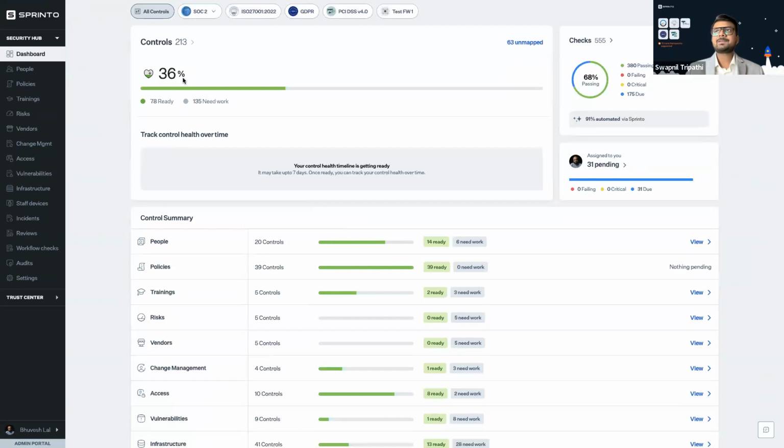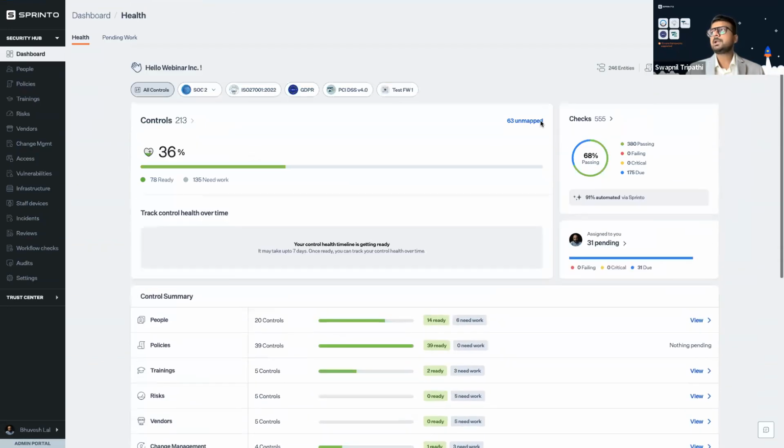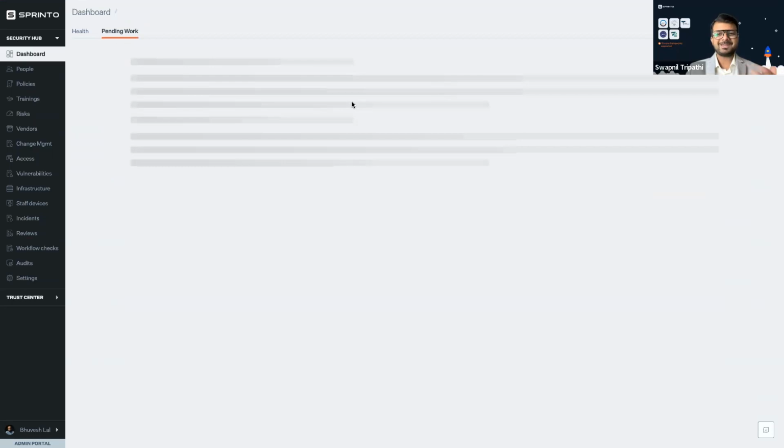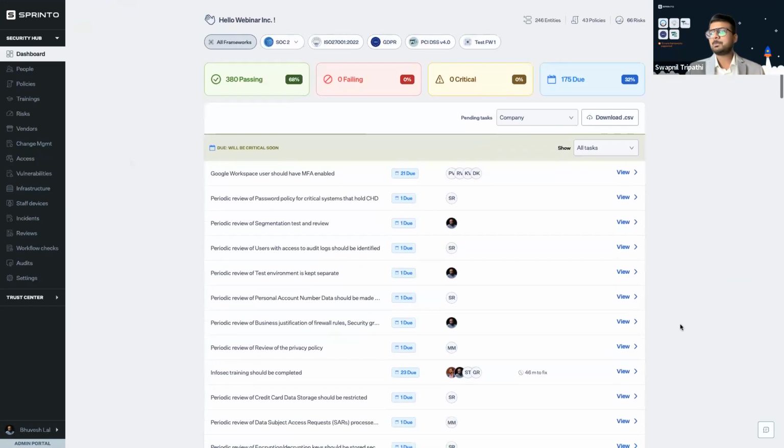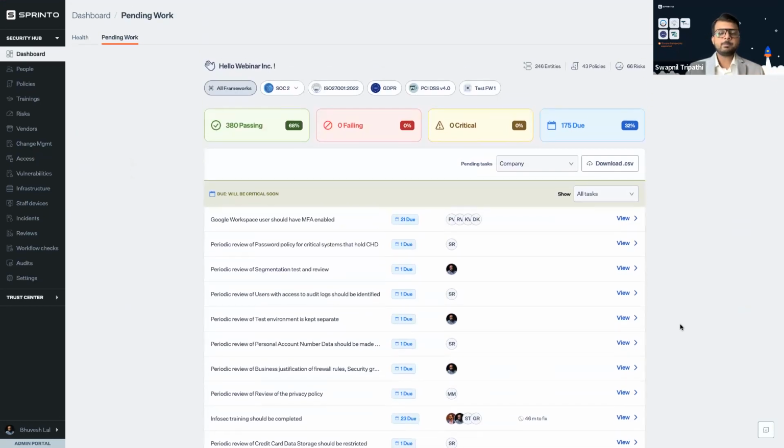This dashboard is going to show you exactly where you stand in terms of your controls, where you stand in terms of checks, what exactly is pending. I'm being very quick here because I'm just trying to answer a question. But yeah, we can discuss this in detail when you join me on a demo call. So that's your smart automation. Once you connect your AWS account with my module, or maybe any Azure or GCP, you don't have to worry about anything. Now we are going to check whether that particular AWS account is compliant or non-compliant. If it's non-compliant, we are going to tell you how to make it compliant and immediately inform you that this is something which you need to look into immediately, right? So yeah, I hope that answers the question.